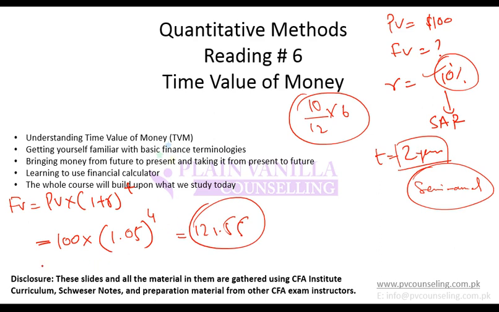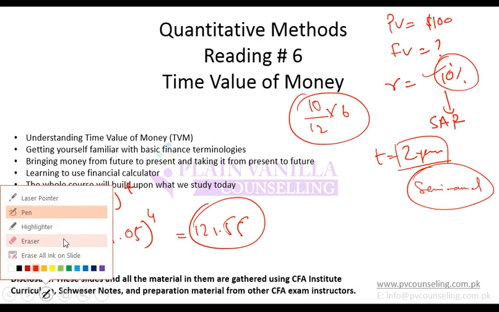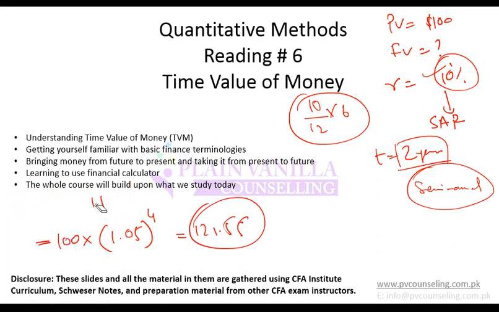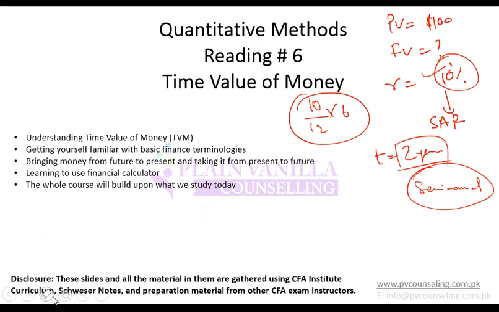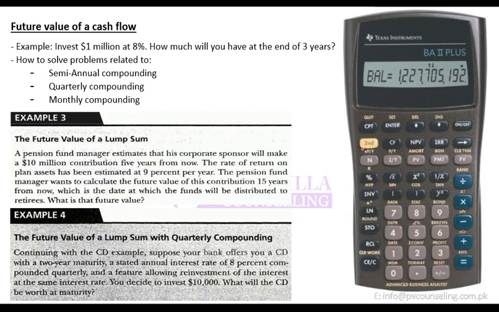But then again, this is not how you will do it on the exam. You wouldn't have to do this calculation, but you will do it using your calculator. So how do you do this on your calculator? You again input the same variables. First you clear your TVM, using second and clear TVM. Now you will enter N. N was 2 years, but as it is semi-annual compounding, the number of periods would be 2 into 2, which is 4. So you press 4, press N, and it gets stored into N.